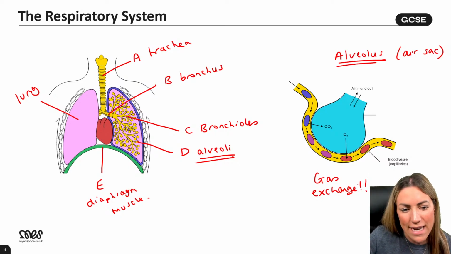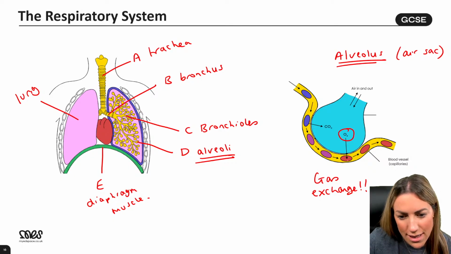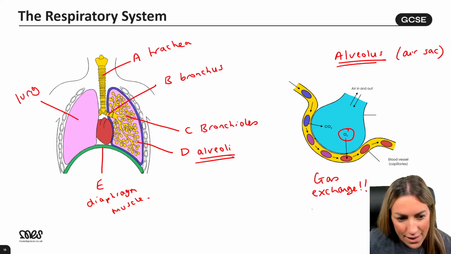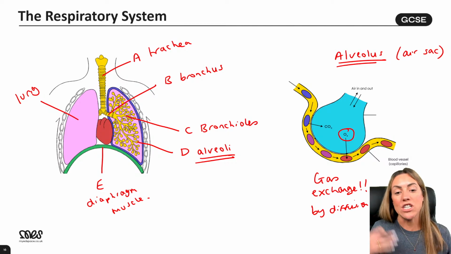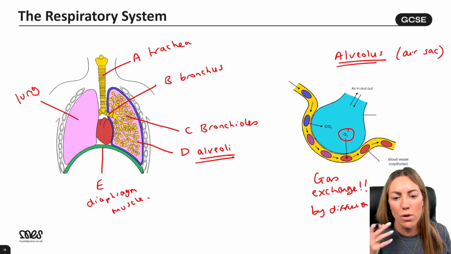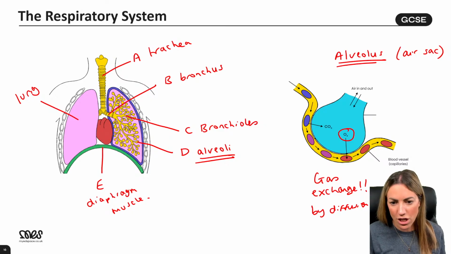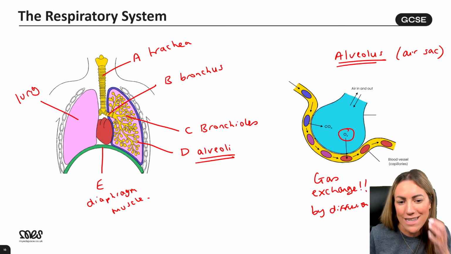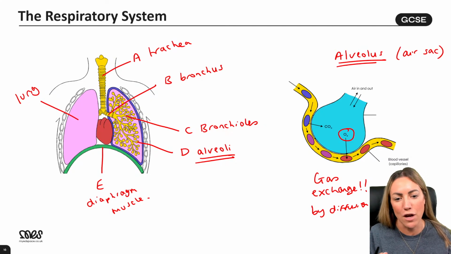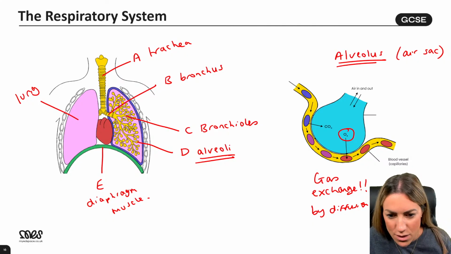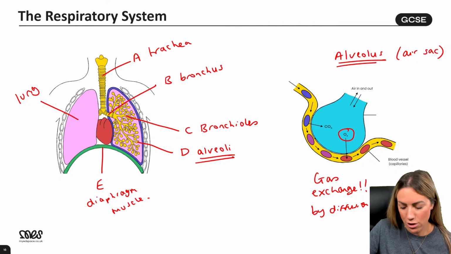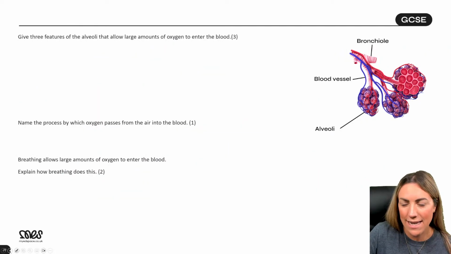How do the gases move in and out of the blood? You've got oxygen going into the blood, into the red blood cells, and you've got CO2 moving in the opposite direction. Yeah, it's by diffusion. So these gases are moving from a region of higher concentration to a region of lower concentration. That is the definition of diffusion. It will be passing across membranes, yes, because it has to go across the wall of the alveoli and the wall of the capillary as well. Yes, right. You're all preempting my next question.